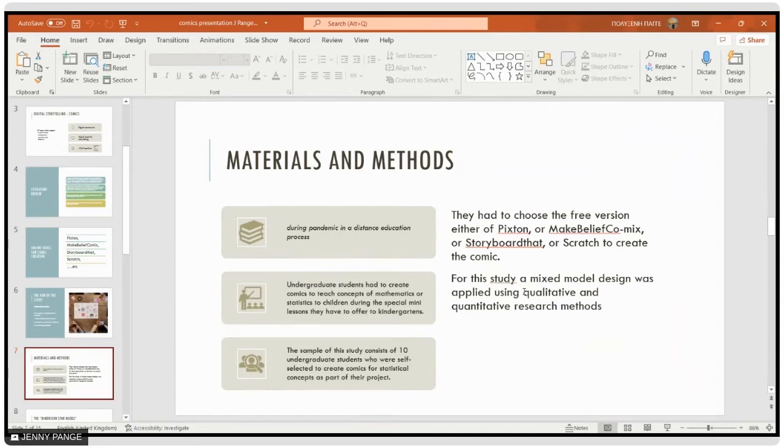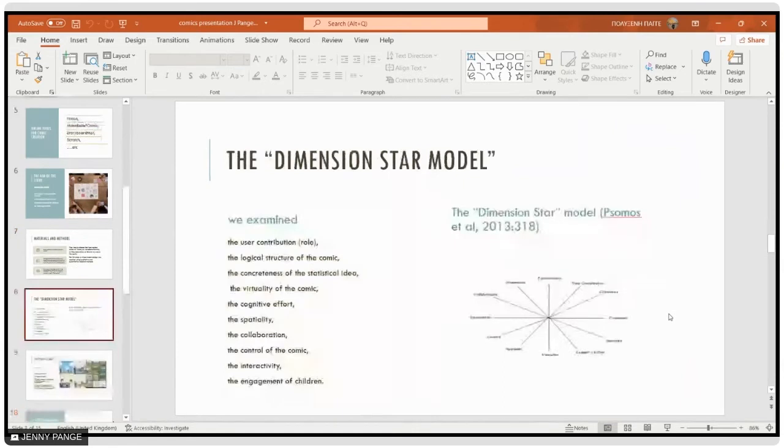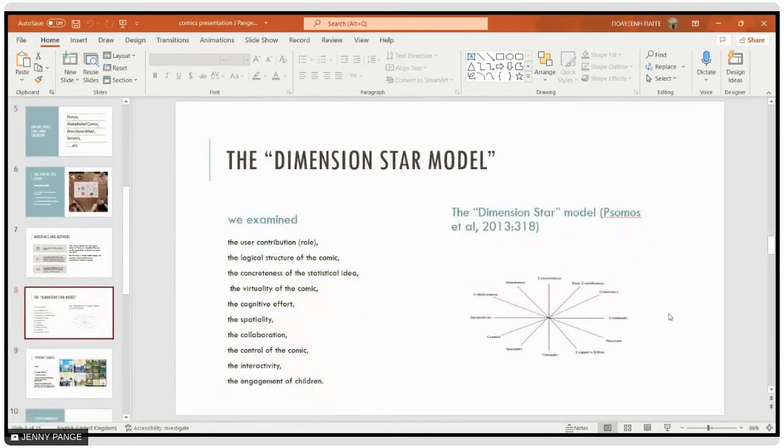So they were free to choose either Pixton or Make Believe Comics or Storyboard That or Scratch to create their comic. And we asked the students to create their own comic. What we examined, I used the Dimension Star model. What is the Dimension Star model?